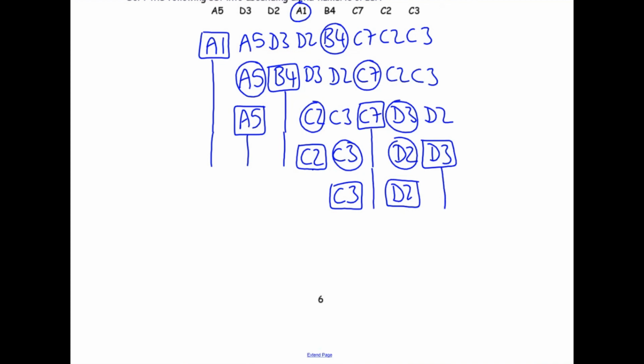And you've got your final list, which we can write out as A1, A5, B4, C2, C3, C7, D2, and